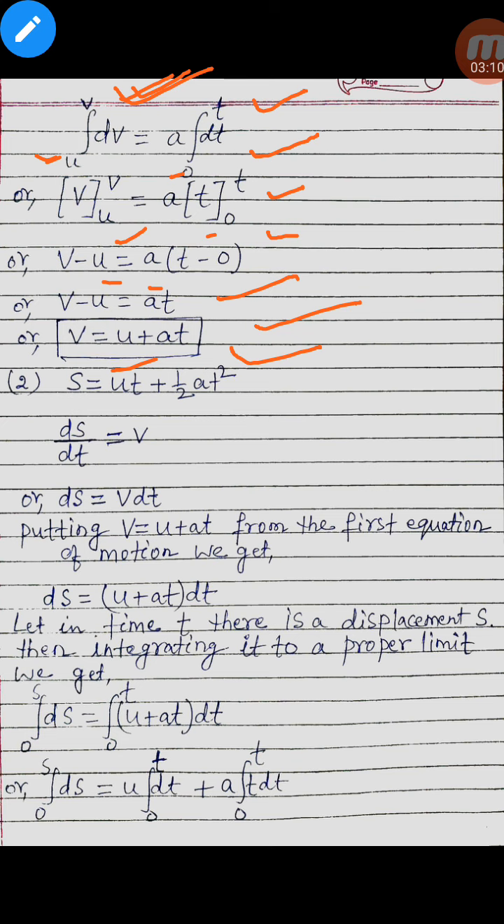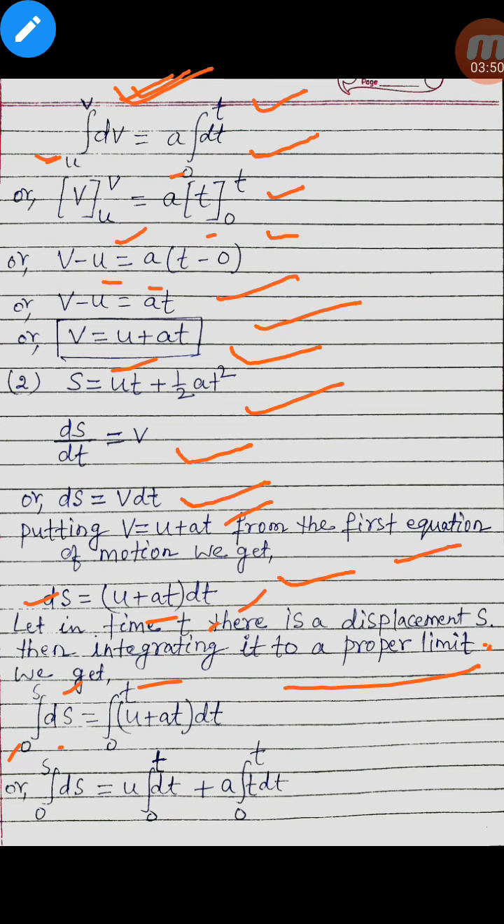Now we come to the second equation, s equal to ut plus half at square. We know that ds by dt equal to v, or ds equal to v dt. Putting v equal to u plus at from the first equation of motion, we get ds is equal to u plus at into dt. Let in time t there be a displacement s. Then integrating with proper limits, we get the integral of ds with lower limit 0 and upper limit s